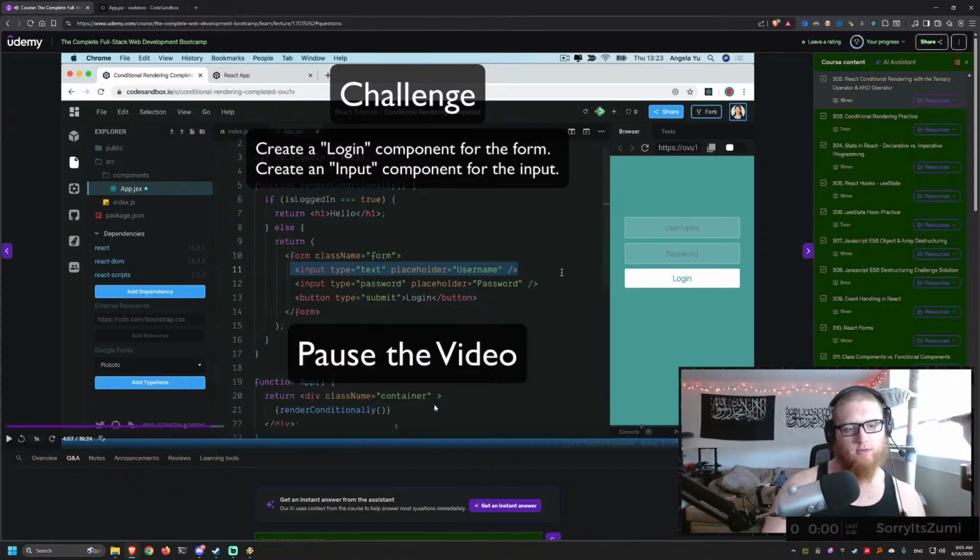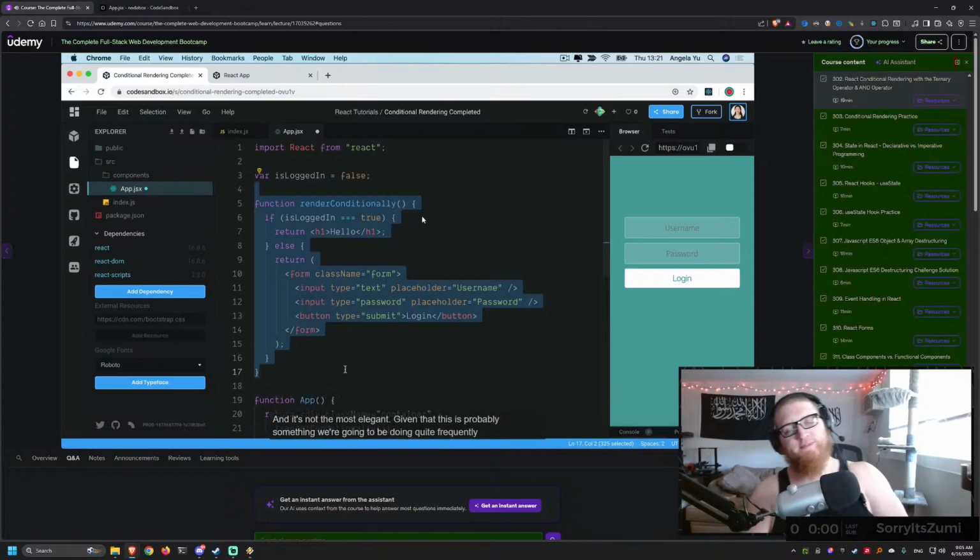Create a Login component. I'm sorry, I wasn't paying attention. All right, let's try that again. In React,